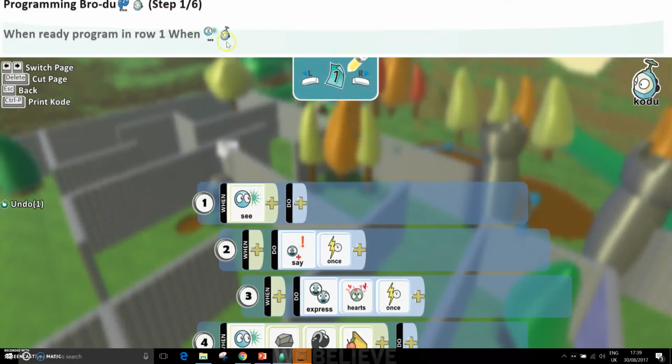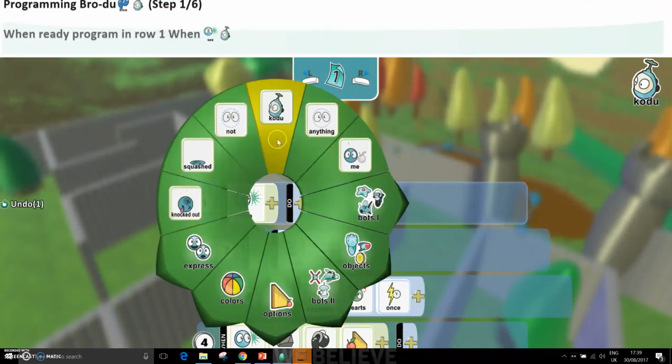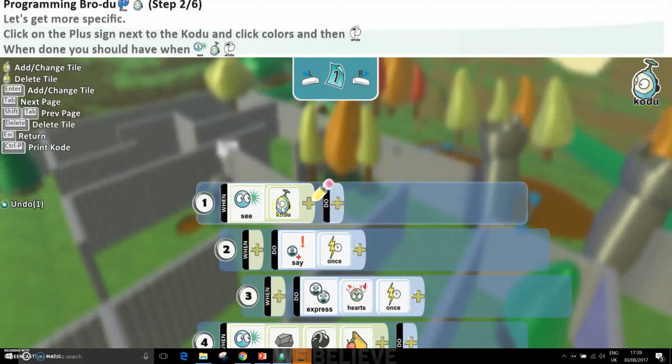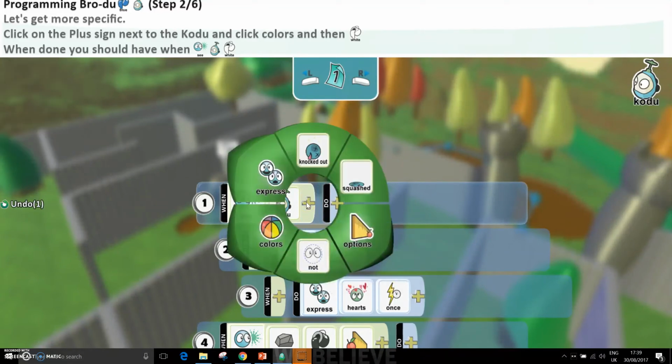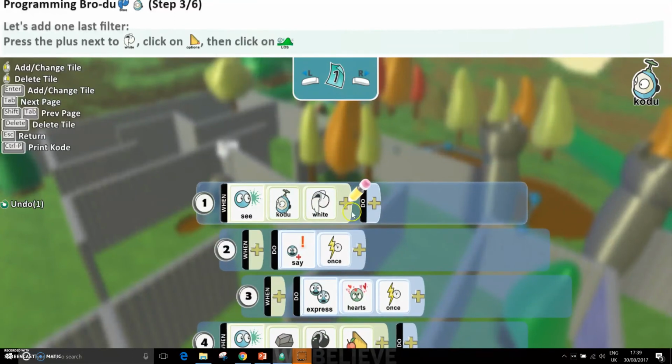So we have to program it that when he sees us to follow us. So when he sees, he's already in there. So we're going to program it to Kodu. Now let's make it a bit more specific here. You can add colours. So you can filter by colours. It's only when he sees a certain colour. So we are the white Kodu, that's what you can control. So when he sees him,